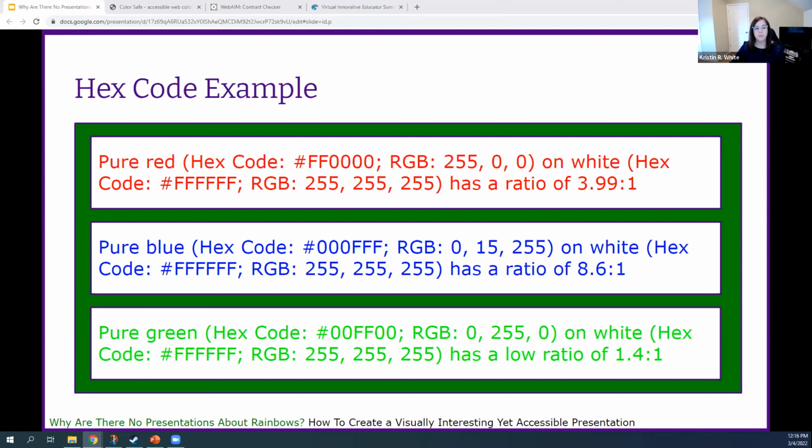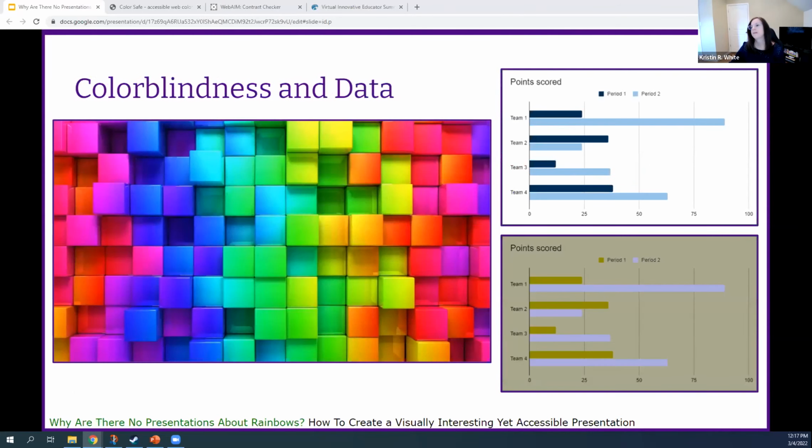The middle one, pure blue, exceeds the 4.5 to 1 contrast ratio with a ratio of 8.6 to 1. And the pure green at the bottom on the white does not meet the minimum contrast ratio of 4.5 to 1 and has a contrast ratio of 1.4 to 1. And now Crystal is going to actually dive into how you find out whether or not it actually meets. All right, so like we said, in order to truly understand why color contrast is so important,